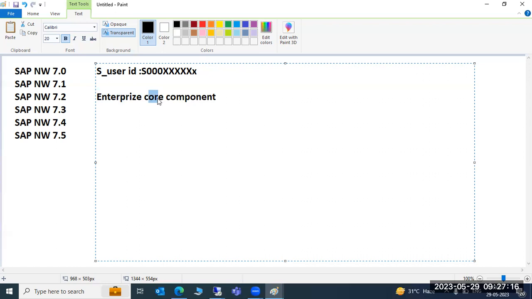Every organization for their business, their core component is called the SAP ECC. Definitely they need the ECC system. Other systems are not required, but ECC is the mandatory product they have to install in each and every organization. Why? Because ECC is the live business, live transaction. Using ECC we can do the live transactions and the live business. If you book an order, that is a live transaction. If you book a ticket, that is a live transaction. Everything will come from the ECC system only, because it's the core component product.